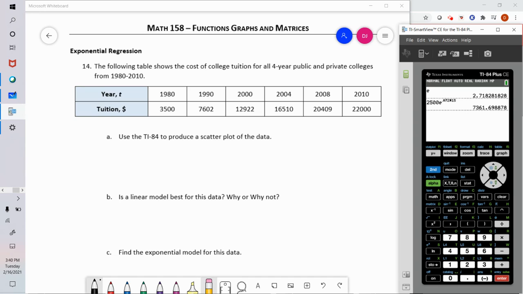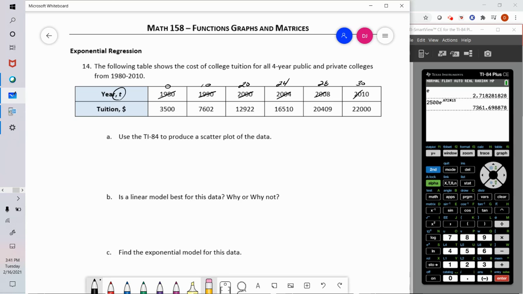So similar to what we've done before, I'm not going to talk about the cost of American college since the year 0, because that would be silly. I'm going to let T represent the number of years since 1980. So 1980 would be year 0, 1990 would be year 10, 2000 would be year 20, 2004 would be 24,